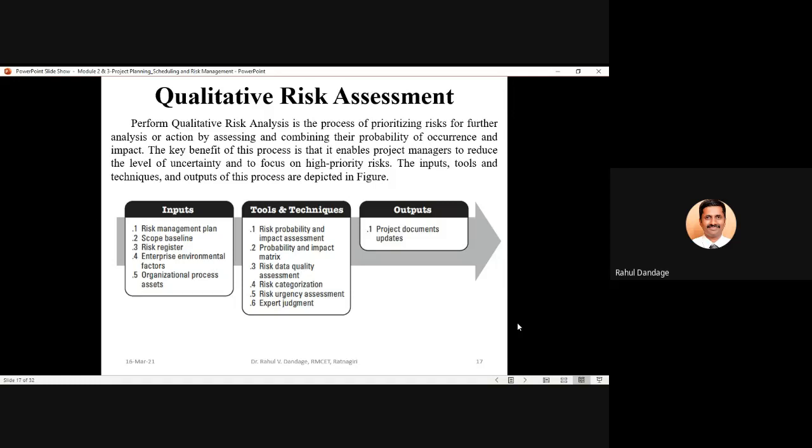Finally, once you complete this qualitative risk assessment process, the project documents will get updated. This will update the project documents with respect to the prioritization you have made for the risk categories identified.